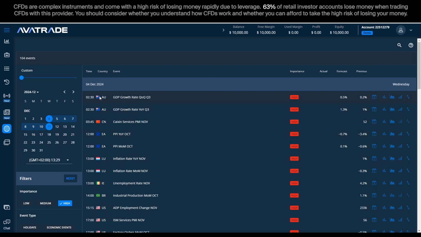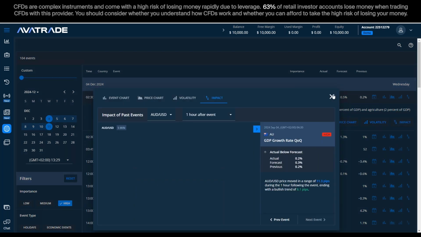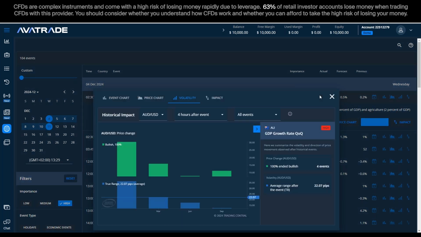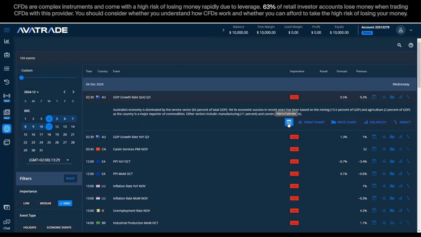Other than that, if I click here on the name of the event, it's going to show me a bit more details. And also in this panel, we can see the impact. We can also see the chart, the volatility, the chart price, the event price, and this unique function, which I really like, is that I can also book it into my calendar. This is going to save me time to remember when the event was specifically and get ready for the event. I could just book it in my calendar as a block, and I will have a reminder specifically for that event.